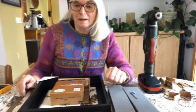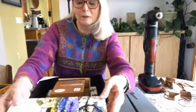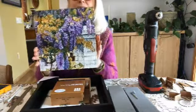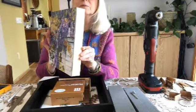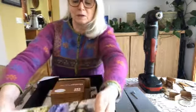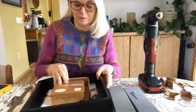Hi, I'm April Rimpo, and I've been doing a lot of paintings on Aquabord deep cradle panels. This particular one has a 1.5-inch deep cradle, and Ampersand, who makes the cradles, also makes floater frames. This is what the frame looks like,